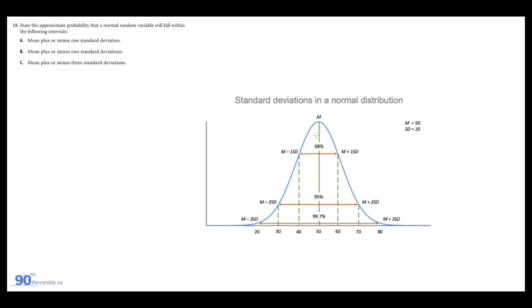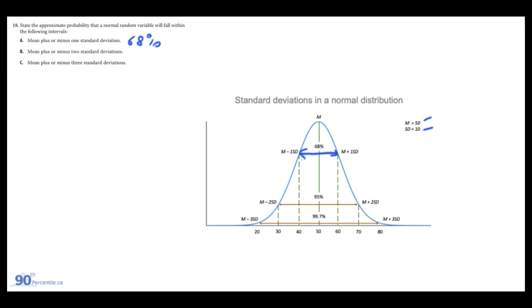I took an image off the internet here just because I thought I would draw it a little bit better. So we can see a typical normal distribution, and an assumption with the normal distribution is that given these outcomes that follow this curve, if you take the mean and then add 1 standard deviation, this example uses 50 as a mean, standard deviation of 10, 68% of the values would lie between plus or minus 1. So here's